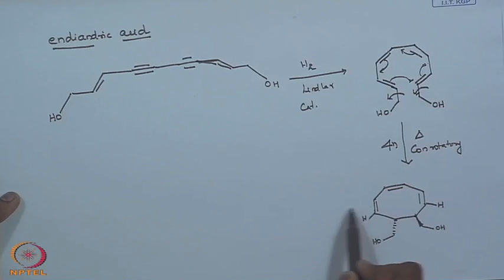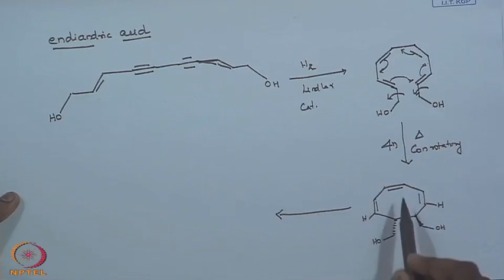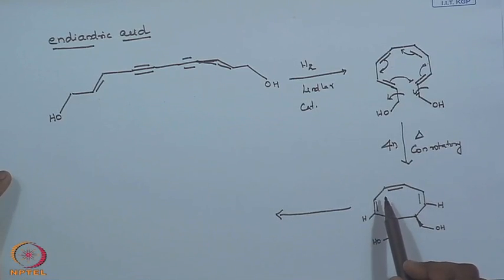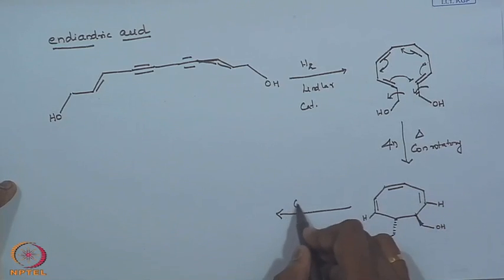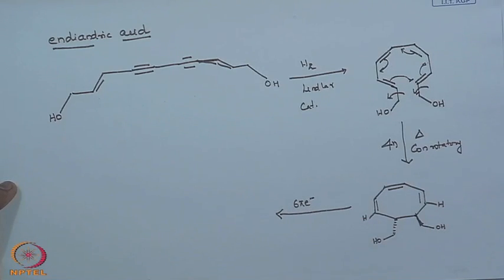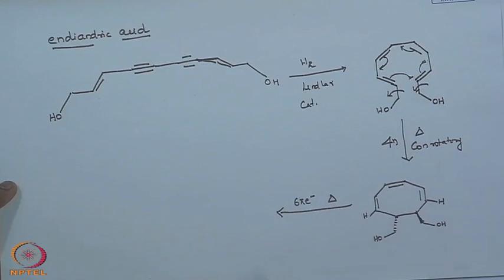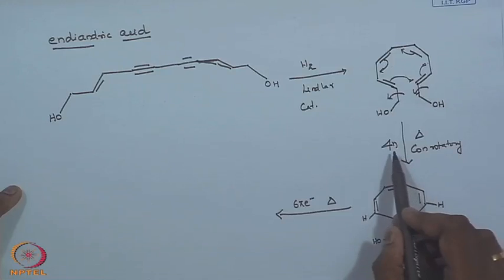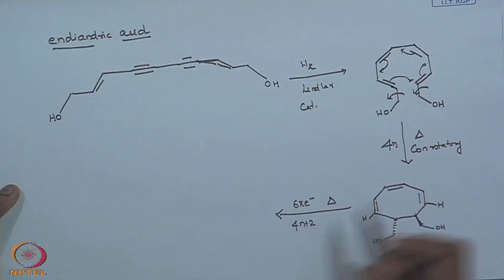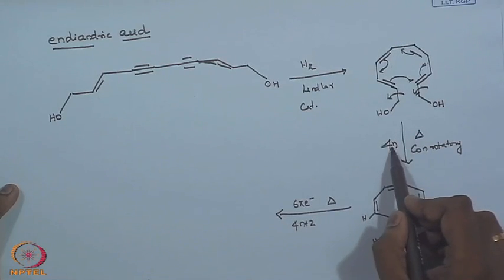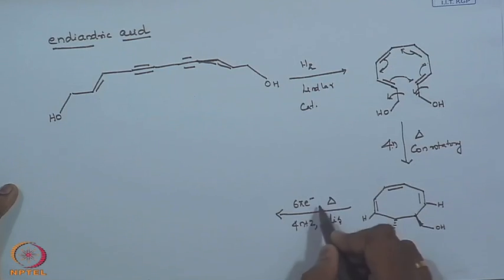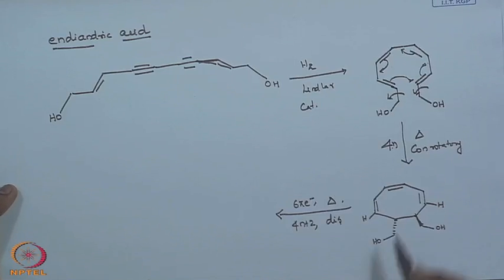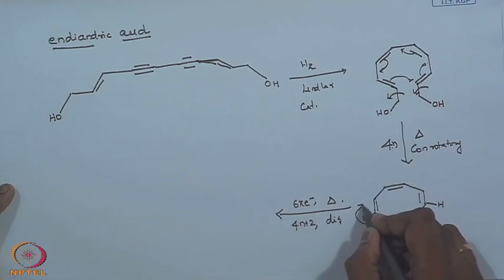In this case, this can undergo a nice electrocyclic reaction. What system is this? Again it is a 6 pi electron system, nothing but the 4n plus 2 rule. You have to use your 4n plus 2 rule. On heating, for a 4 electron or 8 electron system, which is 4n, it is conrotatory. So it should be the other way around. So it is this, fine. Now it can undergo this.